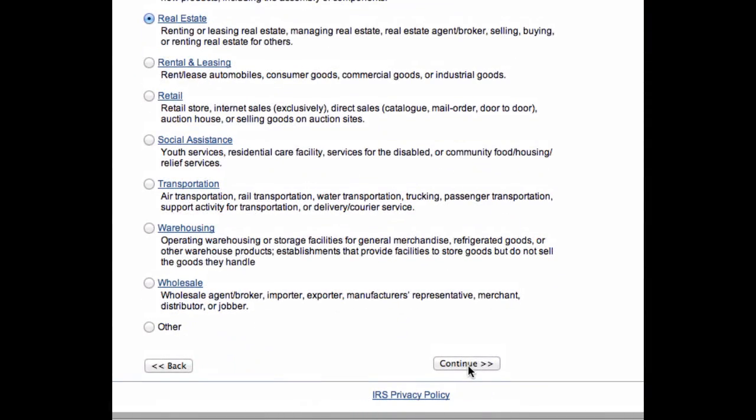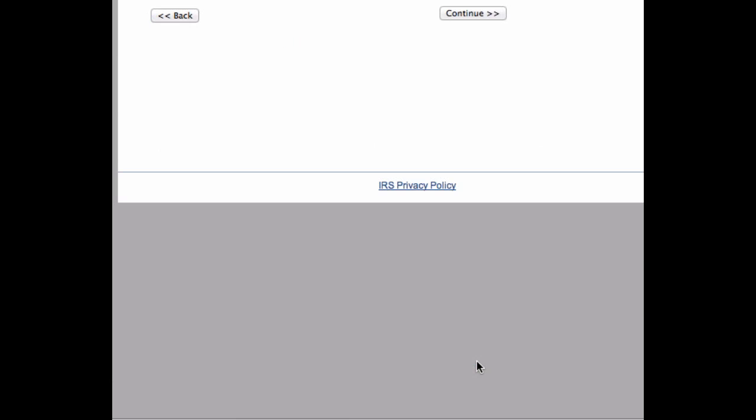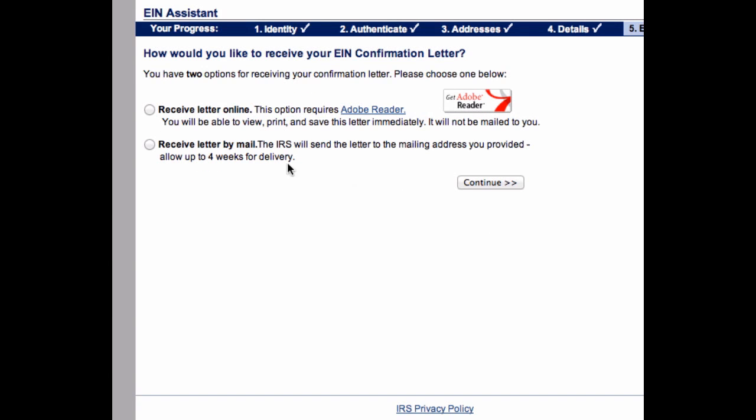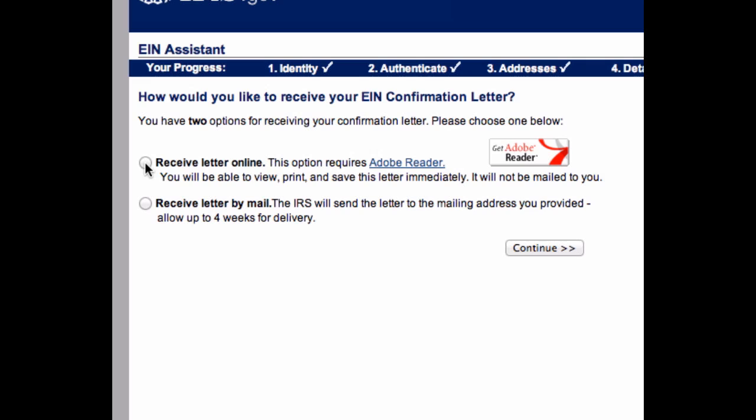It has nothing to do with how you file your taxes. So just pick an industry right there, hit continue. If you have chosen real estate, just put other, and I would just type in acquisitions. Hit continue. And now I want to receive the letter online,